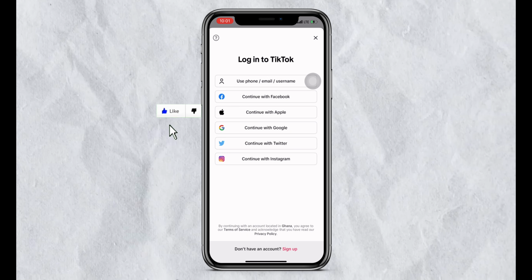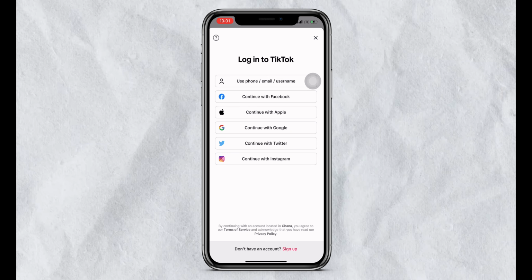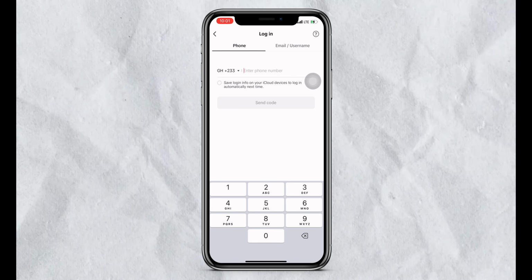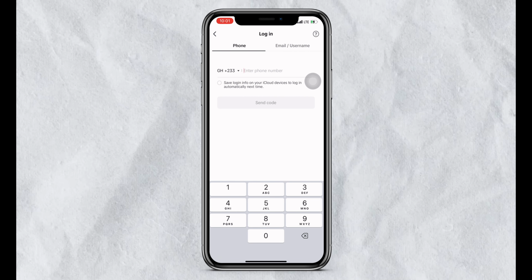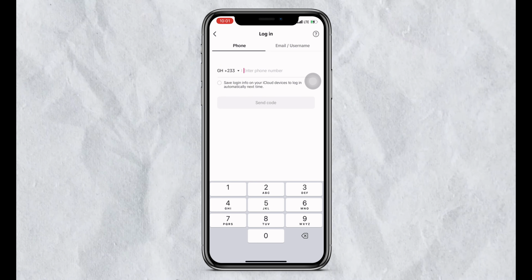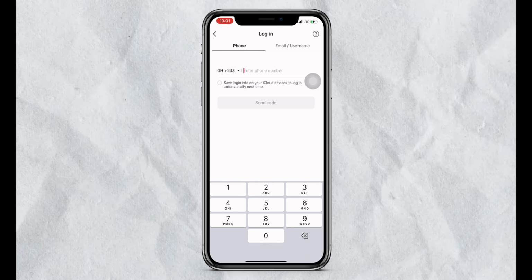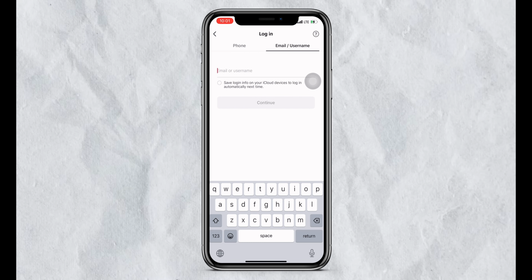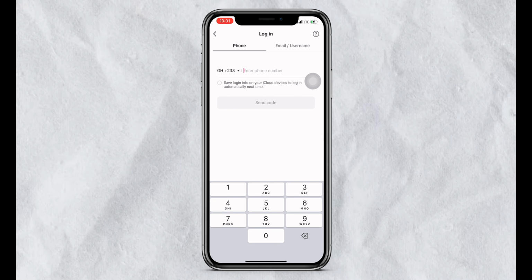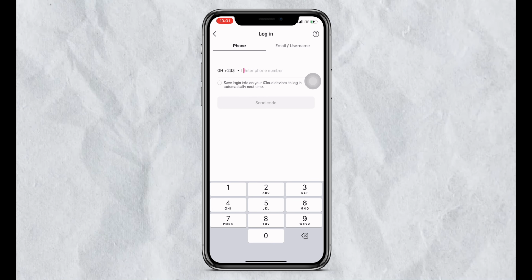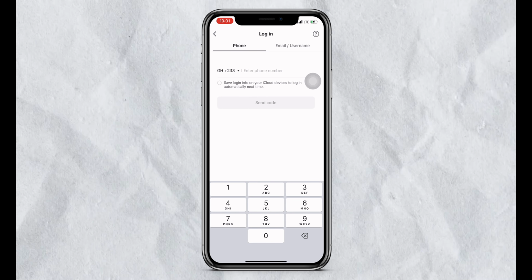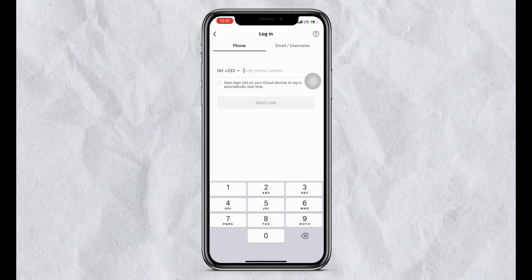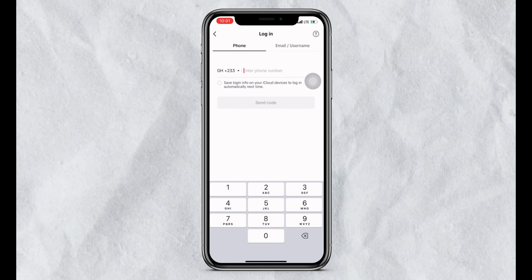Click on the first option which says use phone, email or username. Click on it, and then enter the phone number associated with the old account. You can choose to enter email or username to get a verification code so that you can get your account. But in this case we don't want to use our username or our password. You can also use your username, it is also the same. So enter the phone number